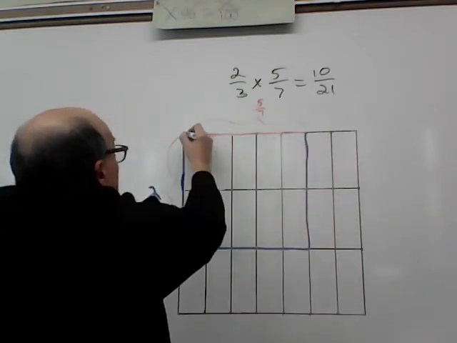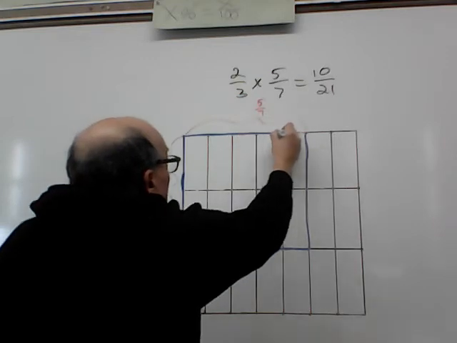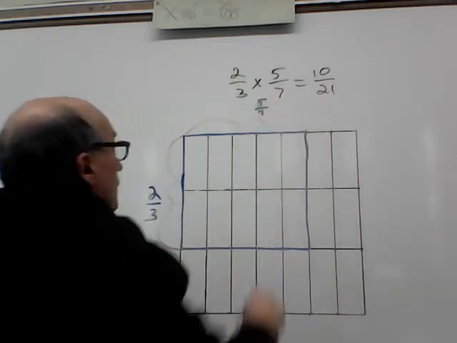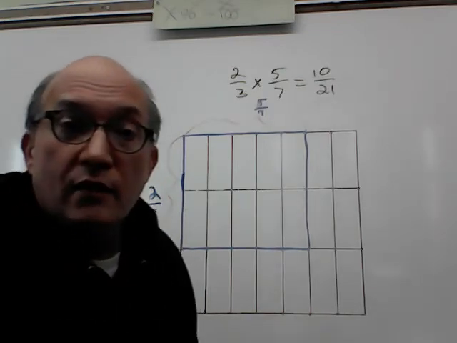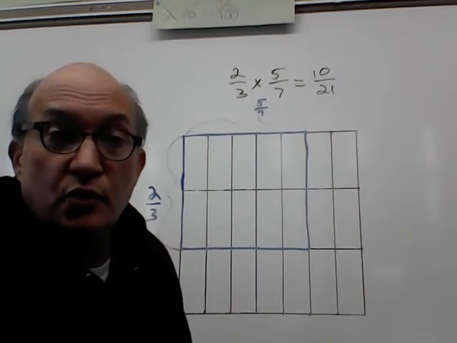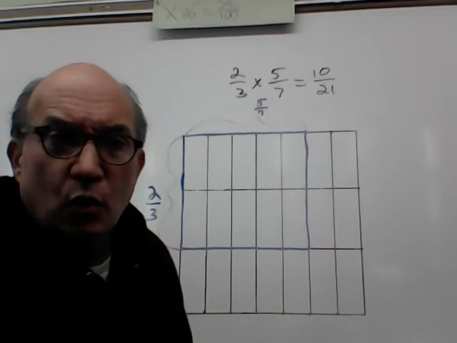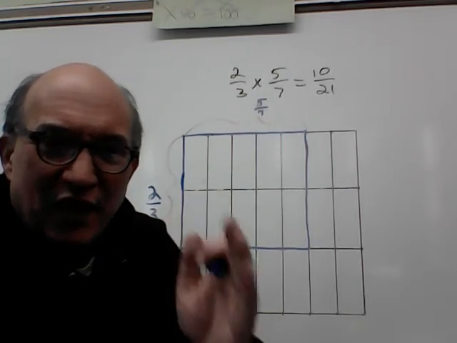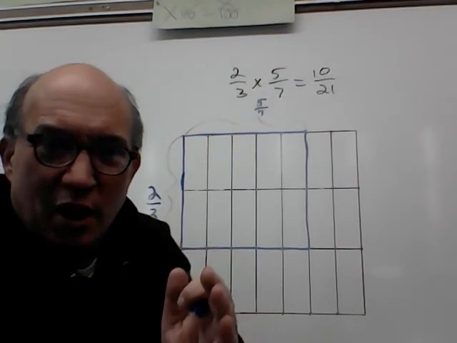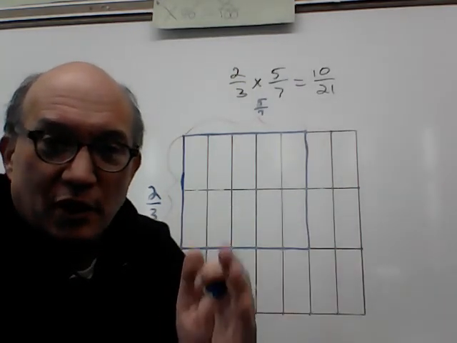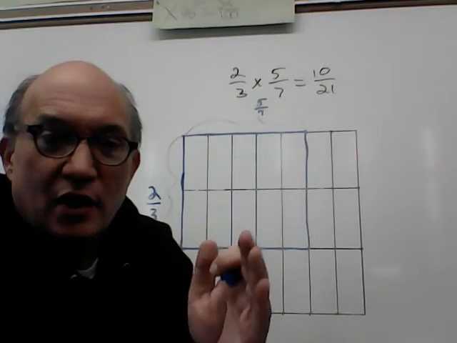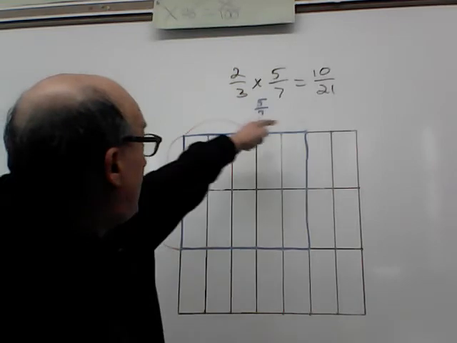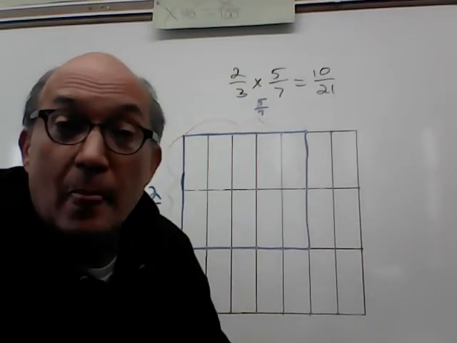And then 5/7 across. What we have is a rectangle that's 2/3 by 5/7. But what is its area? Well, remember, we associate as a foundational assumption in geometry and arithmetic with multiplication that the area of a rectangle is length times width, in this case 5/7 times 2/3, and